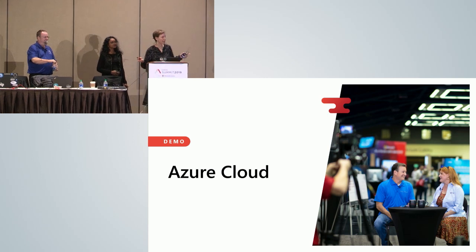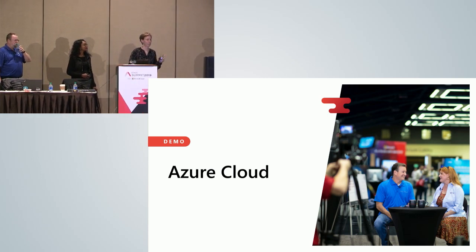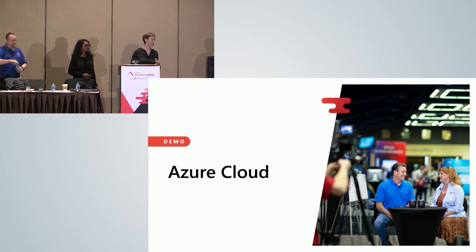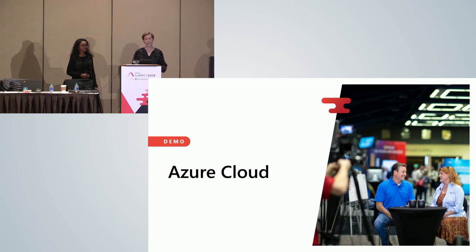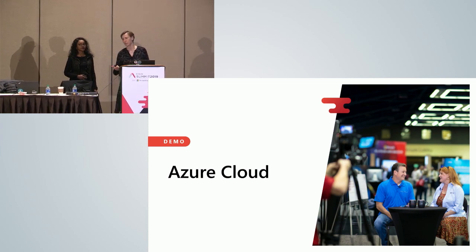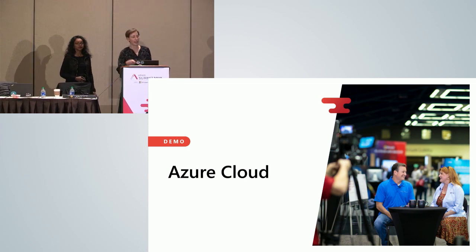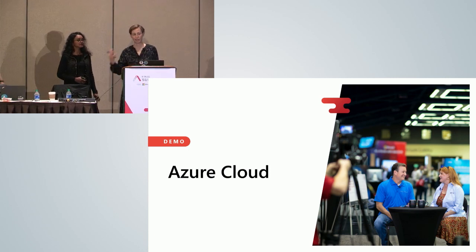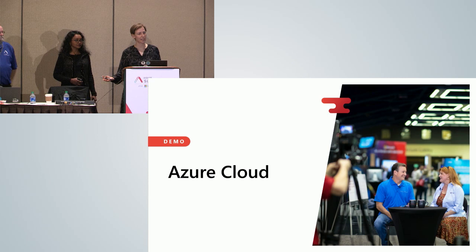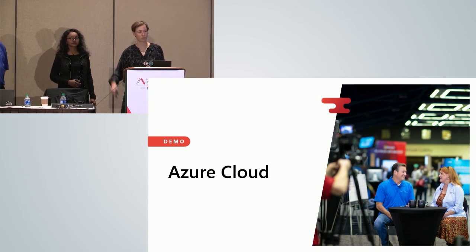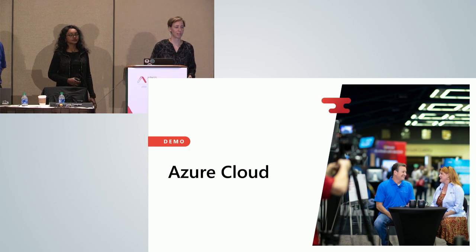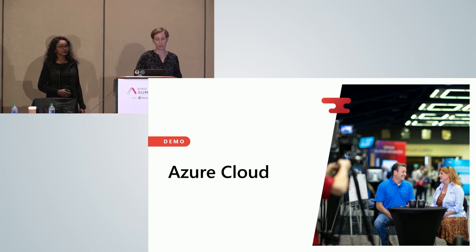Just as a word, if you want the code for this, it is up on GitHub. If you download our presentation, the last slide, or one of the last slides, actually has the code. It has information about how to set up Azure Kubernetes Service. It has, especially for Windows containers, because we're using Windows containers, because I don't know how to run SSIS on Linux containers at the moment. Windows containers is absolutely what we needed. So AKS, one of the only places in the world you can run Windows containers at the moment on Kubernetes.